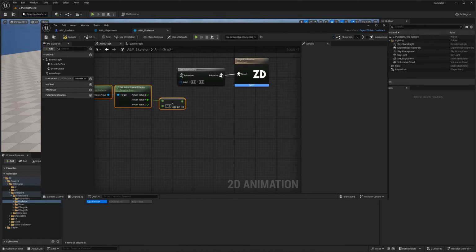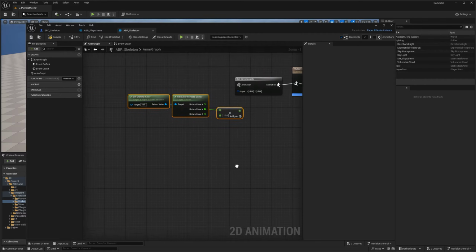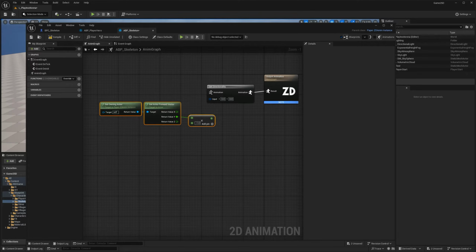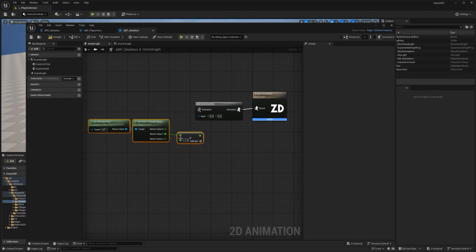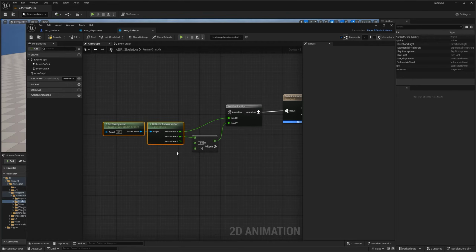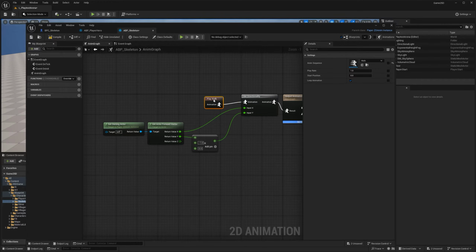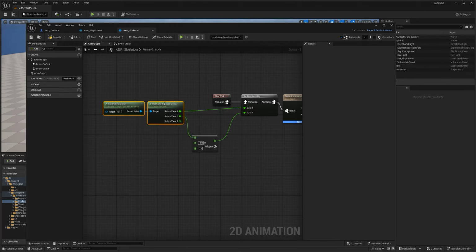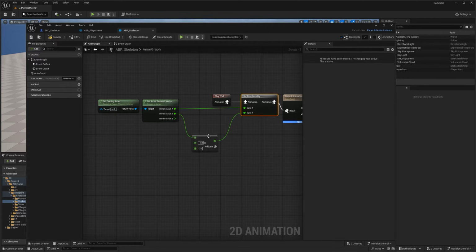I'm just gonna make this window a little bit bigger so you guys can see what I'm doing. Let's split this and, oops, X here, Y here. We need to make sure the get owning actor is there, which it is. I'm gonna pull from here, play, walk. I think this should be correct. I'm gonna test it in a second, but I'm just gonna organize this graph. I do like to keep everything aligned as much as possible.